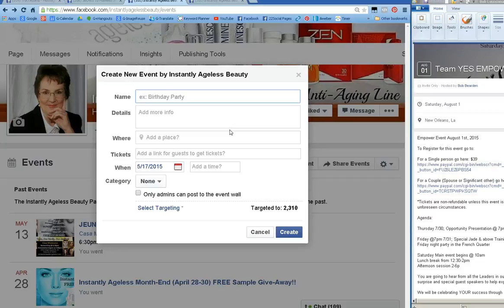So this one is Team Yes Empower Event. And I'm not going to put all the details in, but I want to put a little bit something in here. So let me just go Empower Event August 1,